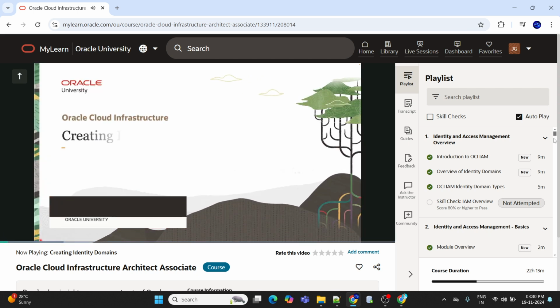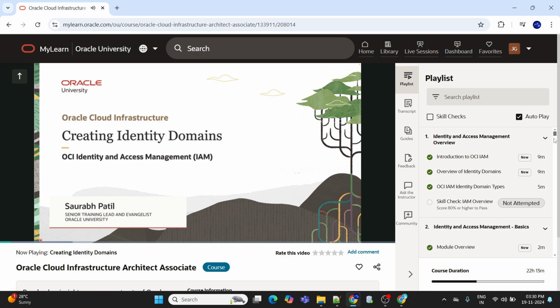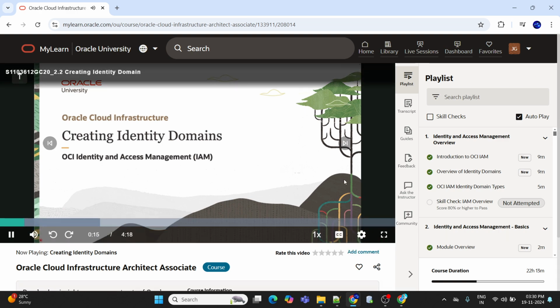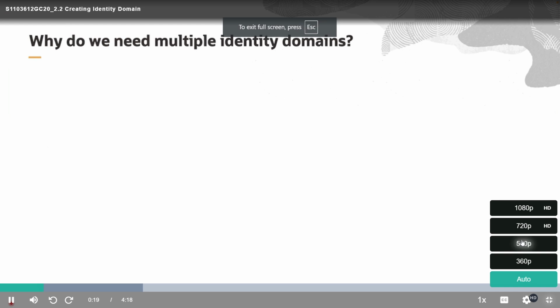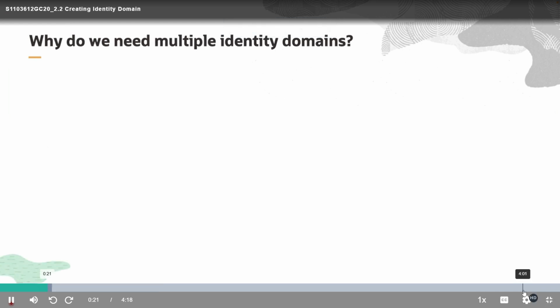Welcome to this lesson on creating identity domain, where we will discuss why we need to create multiple identity domains if we have default domain, followed by a demo to know the process of how to create them. First, we will understand why we need multiple domains, like for isolation of administrative control, where multiple domains allow for